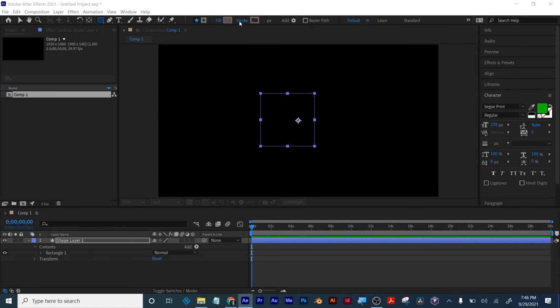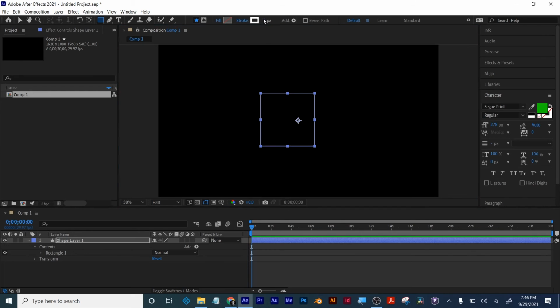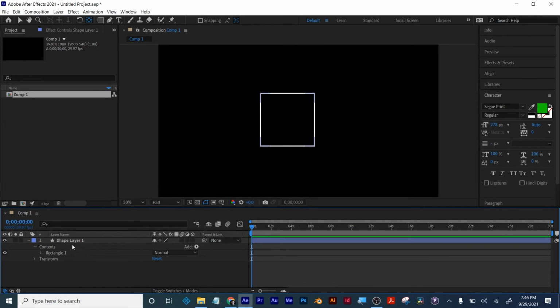Now, with Peter's blood, we did an offset. And I just want to show everybody a little something about offsets. All right, so my anchor point isn't where I want it. I'm going to hold down Command and click on the pan behind to get it to the center. All right, so